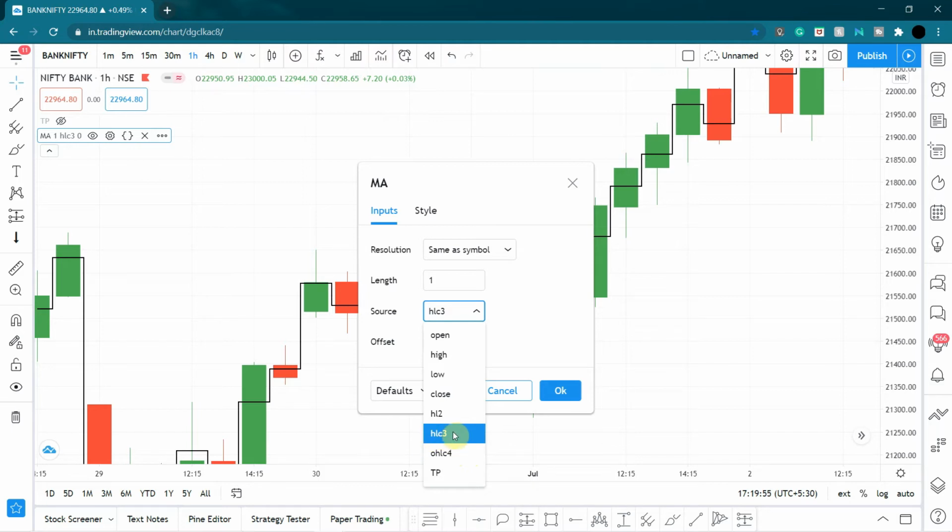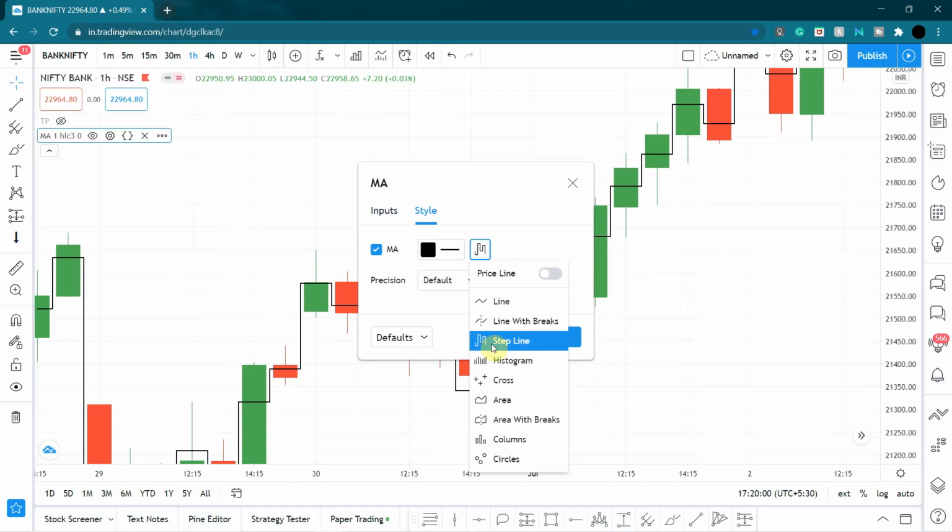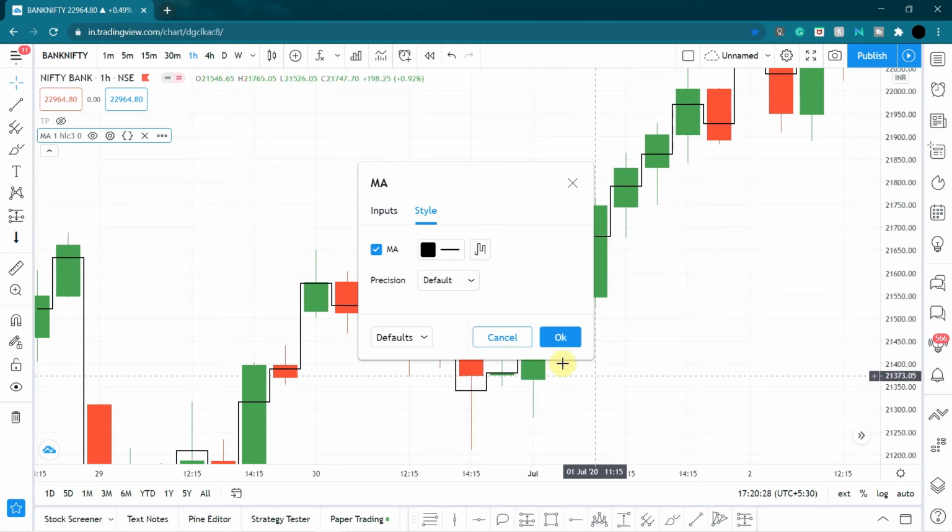And again, in style, make sure you use the step line method because all the other methods are not going to help you visually understand in the live markets, especially if you use a smaller time frame such as the 5-minute or 1-minute chart. The candles are made so quickly that you'll not be able to understand where the mean of each and every candle is. So the step line option, since it goes through that particular candle, will make it very easy for you to place your limit order. So yeah, there's that, and select OK, and there we go, we have the indicator.